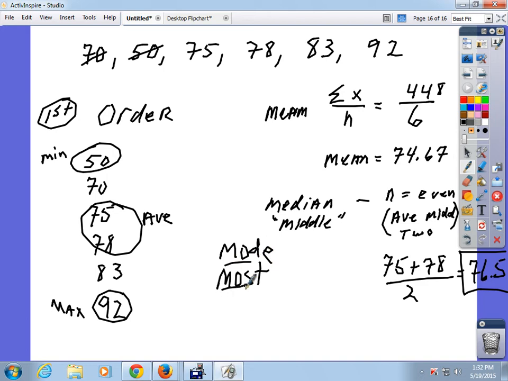The one that shows up for what? The most. You can have more than one mode. You can have 3 or 4 modes. You can be polymodal, 5. You can have 5 modes. I don't really care. Mode's really not that important. But it's easy for you to get it on the test, so let's go ahead and say, is there